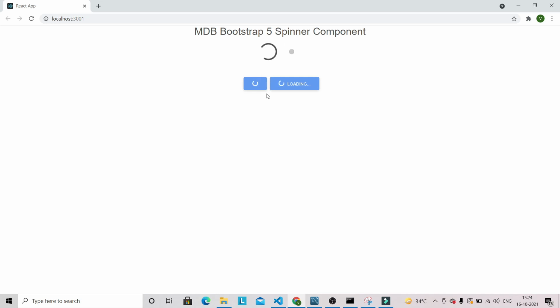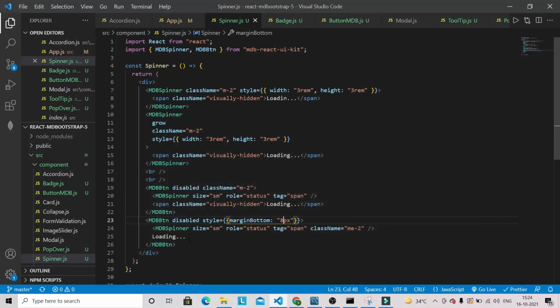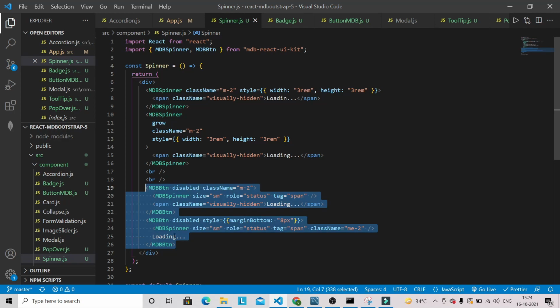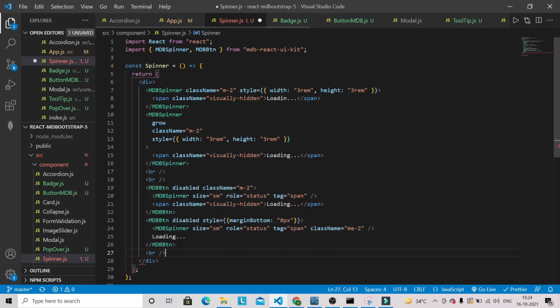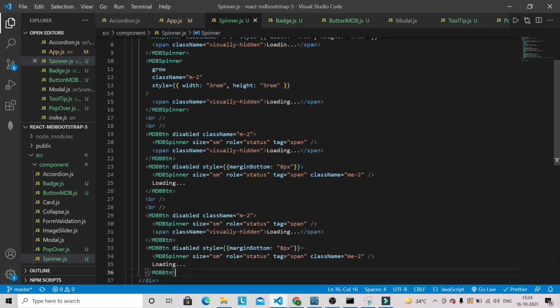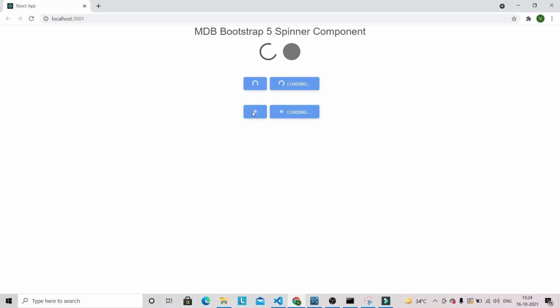Now you can see that both buttons got aligned here, and you can also apply the grow component inside a button. So let's see how we can do that. We can copy this entire thing, give a break, paste it here, and here we can give grow. Let's go into the browser. Now you can see that we have got this other spinner component as well inside this button.